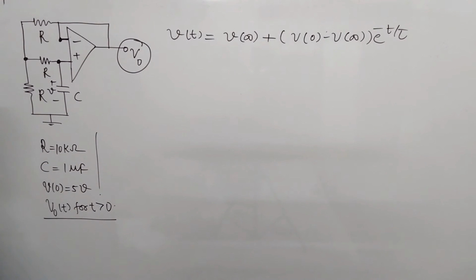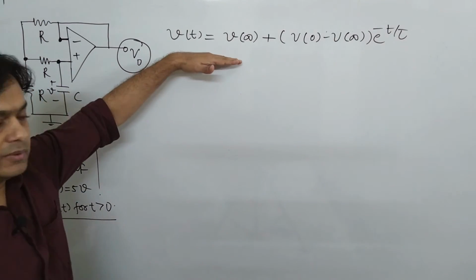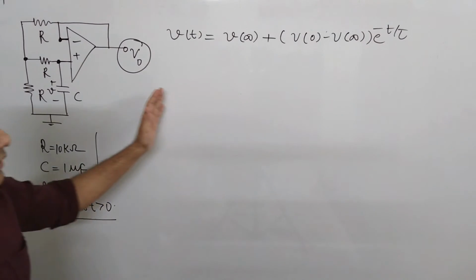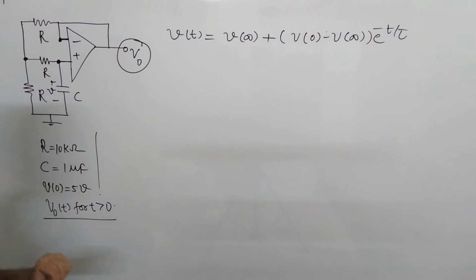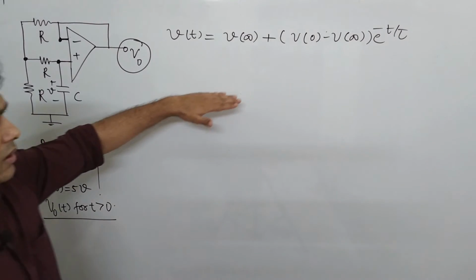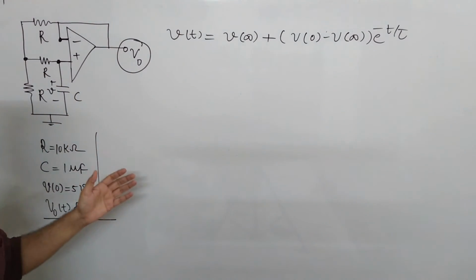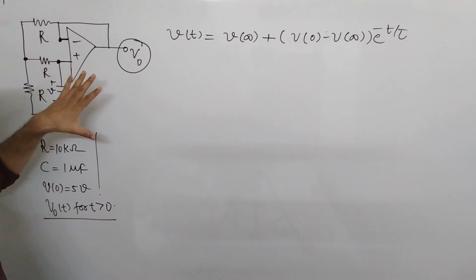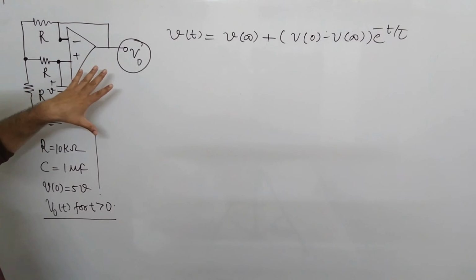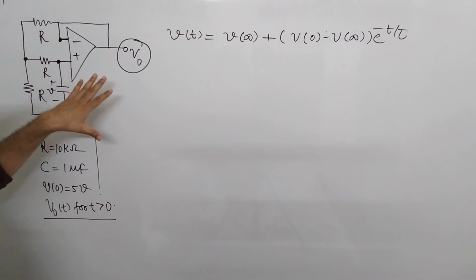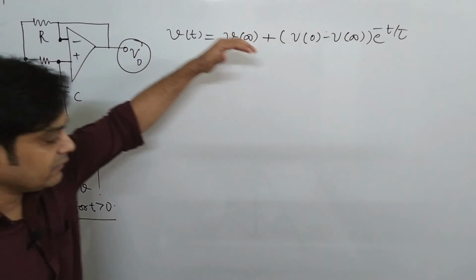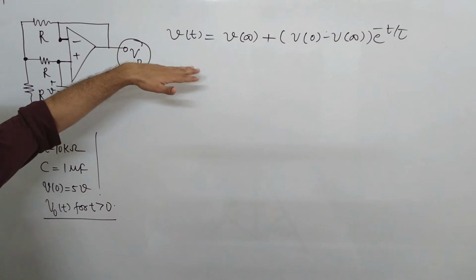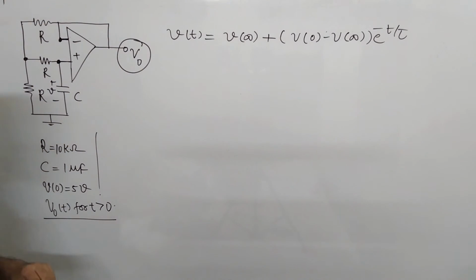Now the point is how we find the value of V0. In this type of problem, generally when an operational amplifier comes, you first have to think how the concept is applicable. Sometimes this concept is applicable, sometimes you have to apply differential equations and then get the answer. This is based on the number of problems you solve during your practice sessions. The concept is very important, and you have to go through a number of problems. Then only you will understand. Just by looking at the problem, you will be able to identify which method is applicable, either this method or the differential equations method.